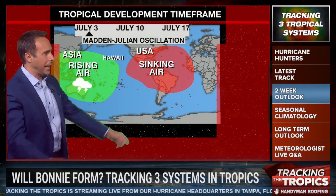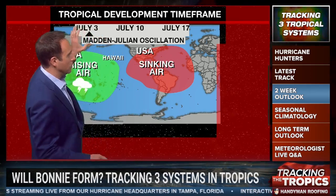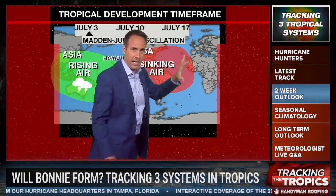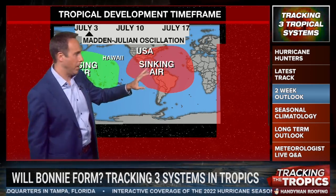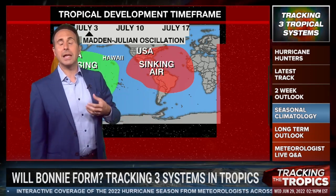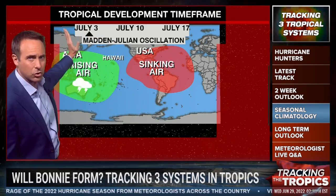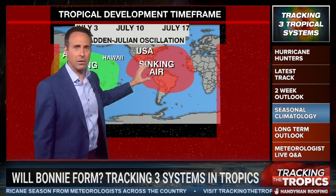Okay, this is the 2-week outlook. So this is what we expect over the next 2 weeks. As we head towards the beginning of July, we're going to have this large area of sinking air across the United States, across South America, and across the Atlantic Ocean. And that is likely not to allow much convection to fire up and is likely to stop any decent formation. Doesn't mean we can't see anything in this 2-week period,